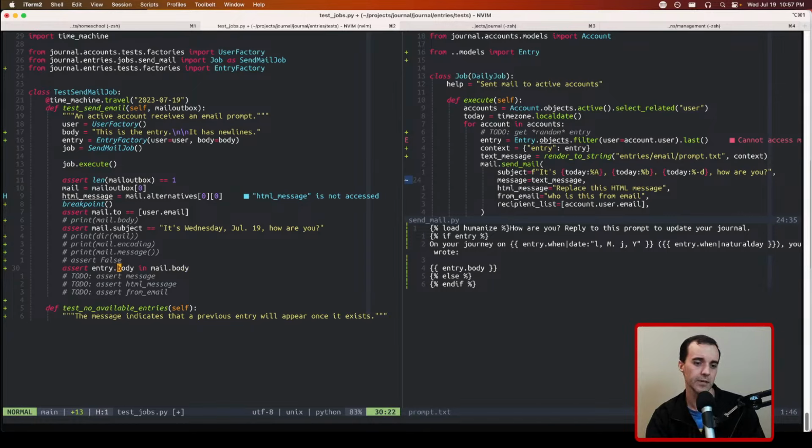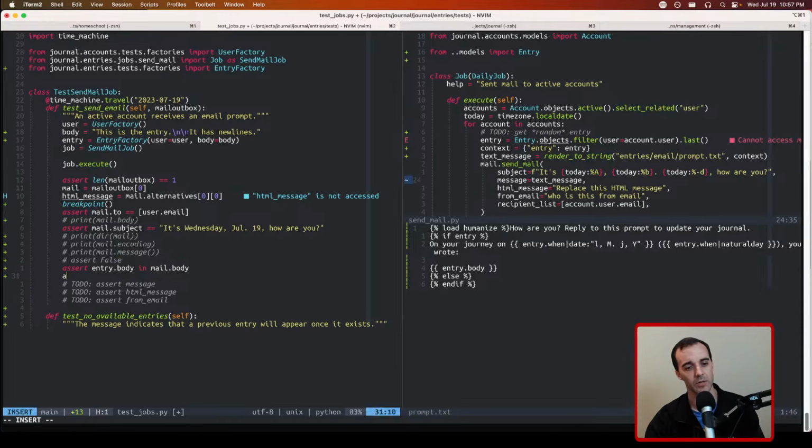the difference here is that I was asserting that the entry body was just in it. And I can do that because this is a raw text translation because it was a text one. But as I said, this is going to have some conversion to it. So it's not quite as simple. So I want to assert my direct expectation. I want to see this is the entry. I'm going to expect to see break in there as replacements for the new line characters. It has new lines. And that's going to be equal to,